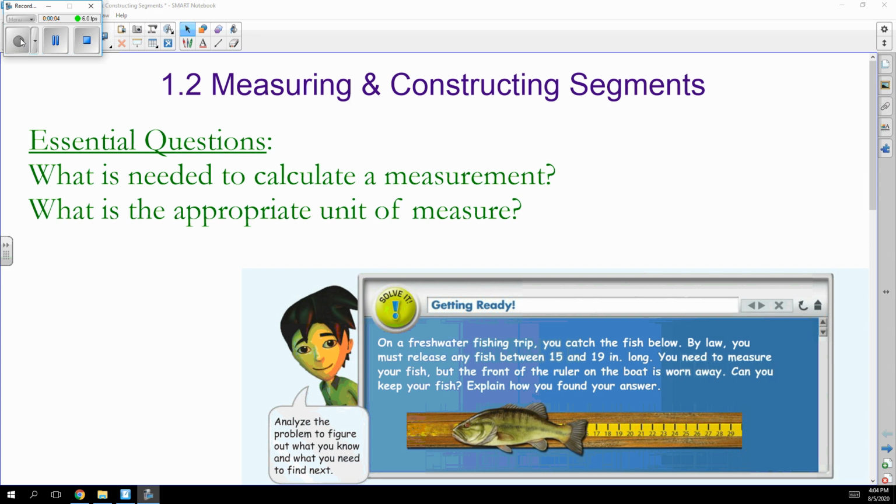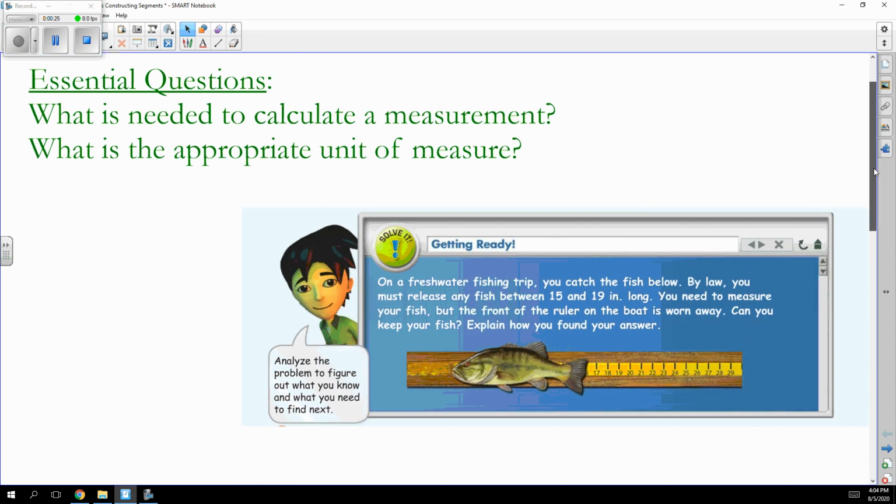Guys, today we're going to talk about measuring segments. We're really going to talk about constructing segments in the classroom. That's something you really want to practice hands-on as much as possible. There are some directions for constructions in your textbook, and you can use those if you want, but really, we're just going to talk about measuring segments today, especially when you have information that's given, not necessarily just using a